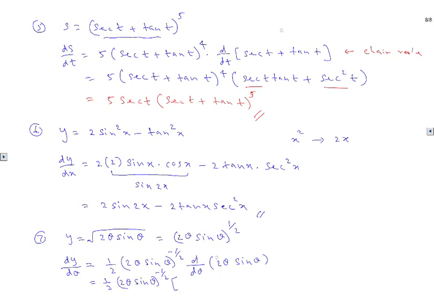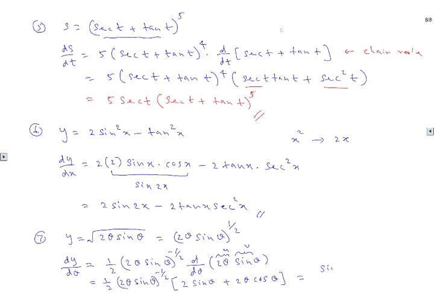Use the product rule. I'm going to consider 2 theta as u, sine theta as v. So if you do that, take the derivative of the first one, so you're going to get 2 times sine theta plus now you multiply the derivative of the second one: 2 theta times the derivative of sine theta, which is cosine theta. See whether you can simplify. You can't do much, you can just take the 2 out. Once you take the 2 out, with the 1/2 it gets cancelled. So that means your final answer becomes